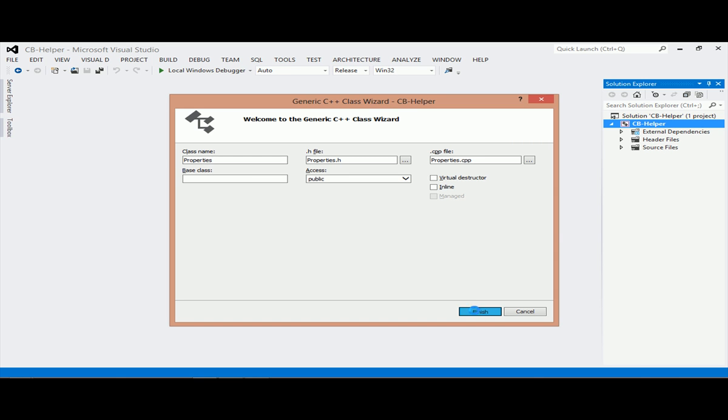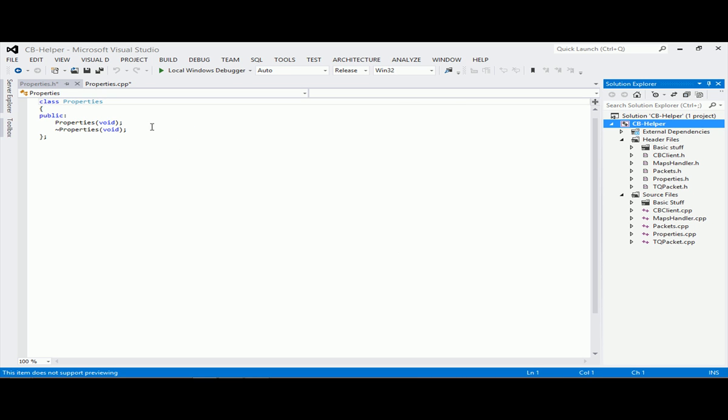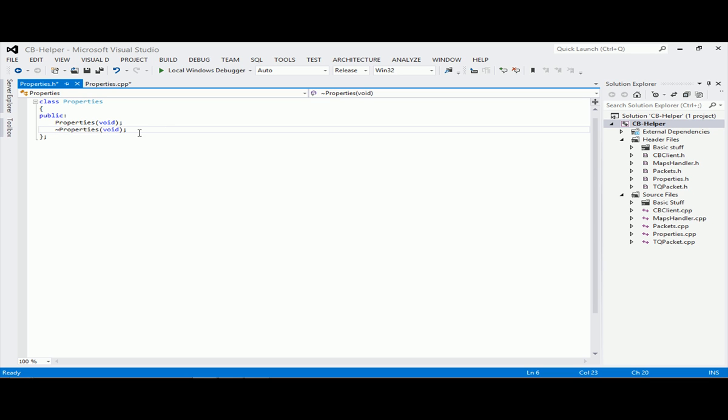Yes, I'm sure that's how it's spelled. Okay, in this class, I'm going to leave the public keyword, and I'm going to delete these two. In this class, I'm going to type the following: